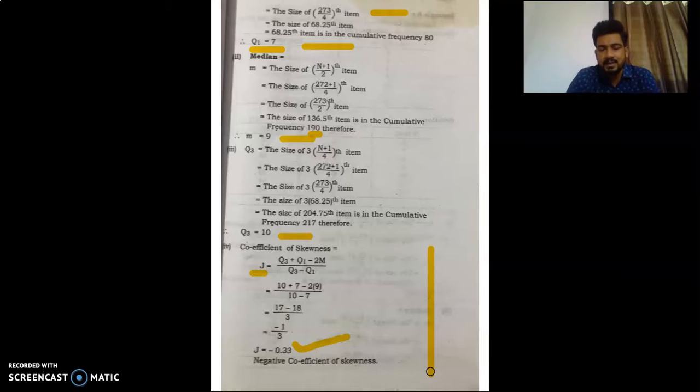In the next lecture we will see the last problem, the last part of this unit number 3, the problem of continuous series. As we did in Karl Pearson's coefficient of skewness, we went through 3 problems of 3 different series. Here also we are doing the same. Right now we finished the problem of discrete series. In the next lecture we will go for a problem of continuous series. Though these problems will not be directly helpful to you for your MCQs, seeing the formula and the methodology of how we solve the problem will help your conceptual understanding and your fundamentals, as there will be very short problems in MCQs.